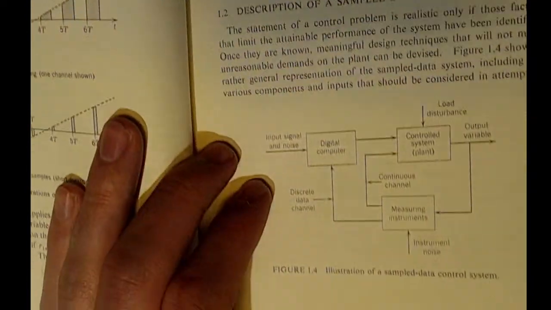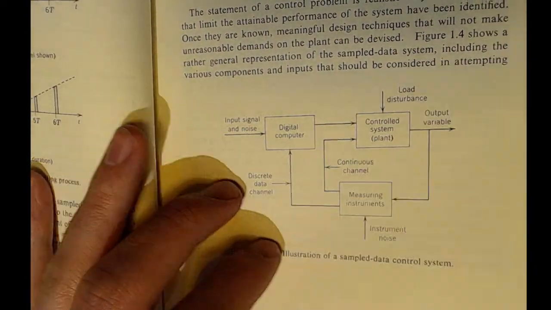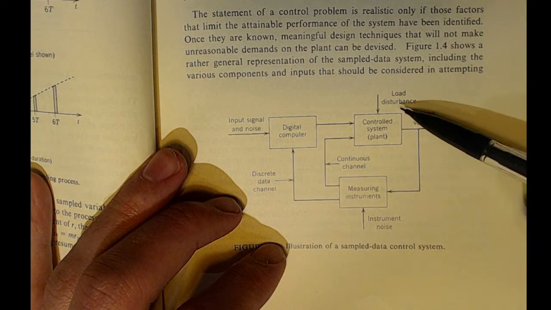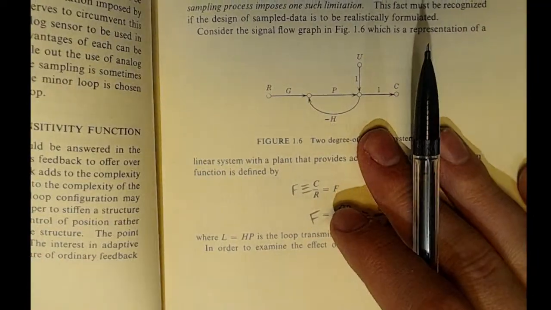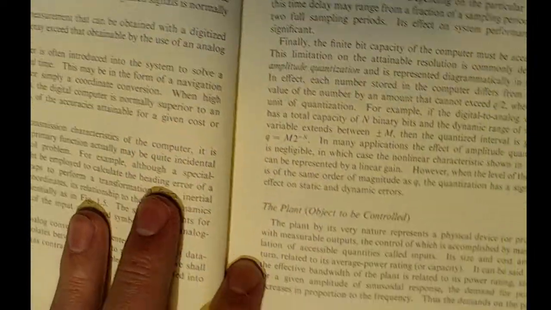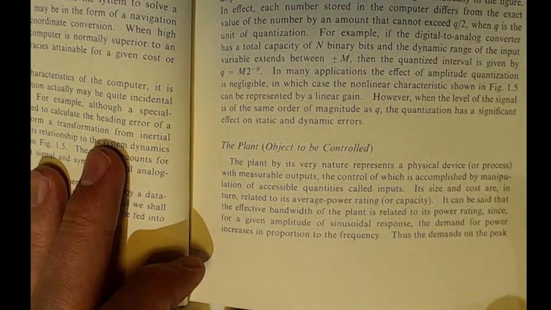Oh, okay. I think if I do a little bit of inference here, when they draw their control, like their plant, they have this thing up here called load disturbance. And they don't actually use the term disturbance in the description of the plant.